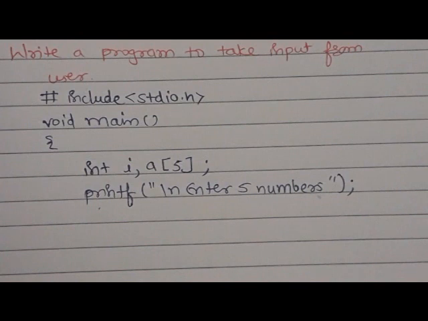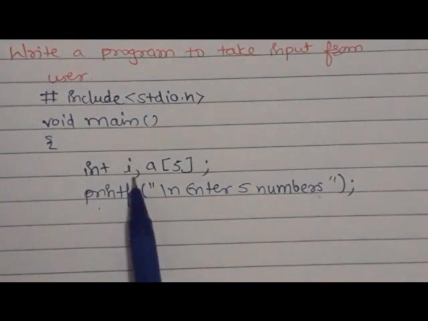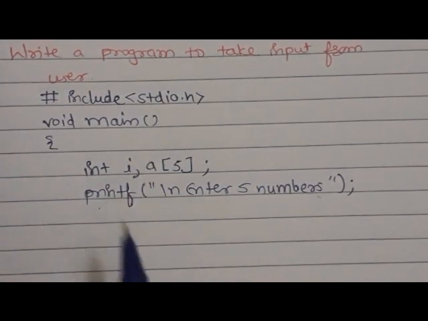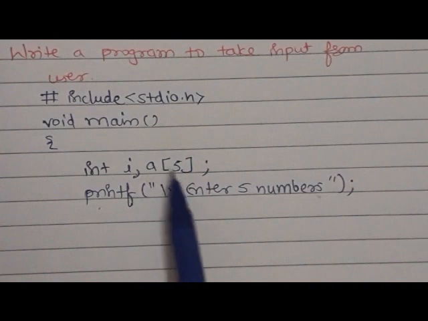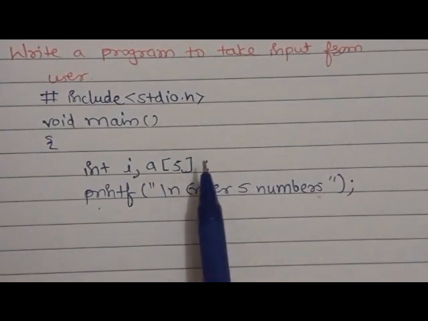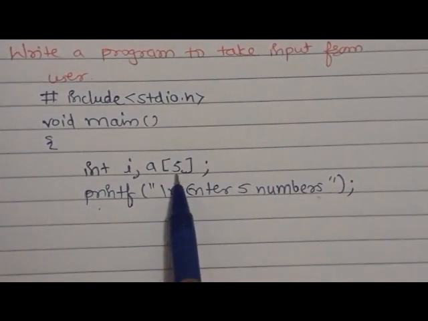Now within this program we have to take the input from the user. It means whatever the array values are there, we have to take them from the user, and therefore we will write a program. Within this program, we declare the variable I. This variable is required for the for loop. And the next is we declare this array. Now after this, the size of the array is 5.